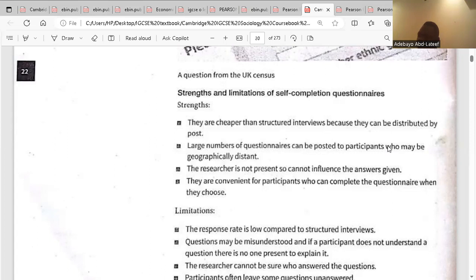So the next one is it will be completed at the participant's convenience, no harm. You won't be harming the participant because the participant will do it when he feels like he wants to do it. Is it clear? Yes. You won't be inconveniencing the participant. That's the point. So what are the problems about